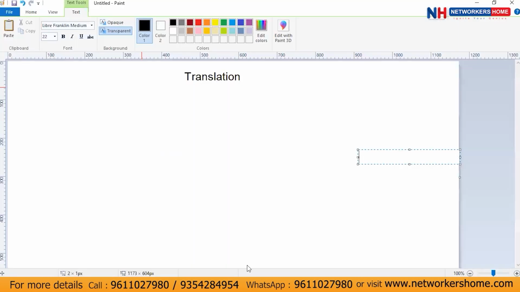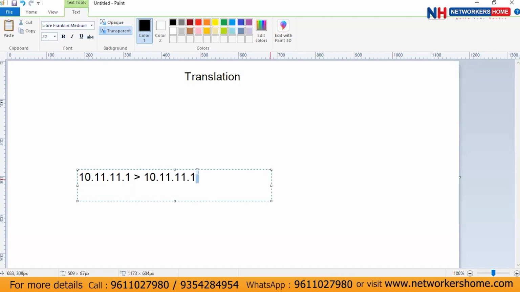Let's say if I translate 10.11.11.1 with 10.11.11.1, in this case, did we hide any type of identity? Did we hide any IP address? So here that sense does not come. This is a different type of translation. This also comes under translation. Okay, this is called identity NAT. Okay,